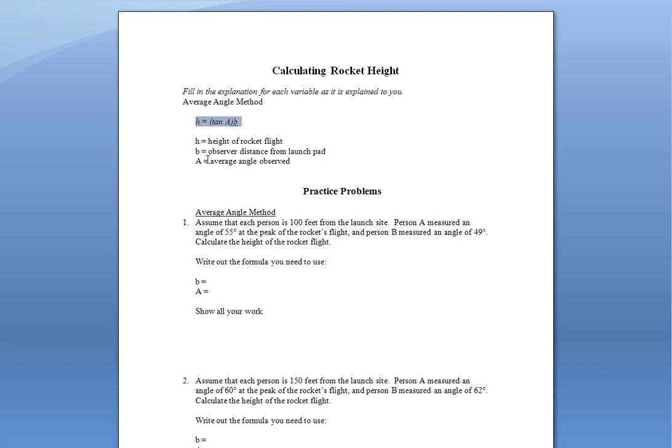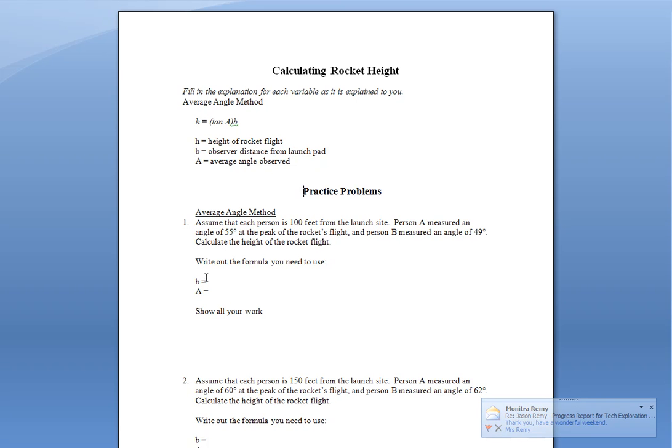H equals tangent of A times B. H is equal to the height of the rocket flight. That's what we're trying to find. B is equal to the observer's distance from the launch pad. And A is the average angle observed. Okay, so down here, for each one,